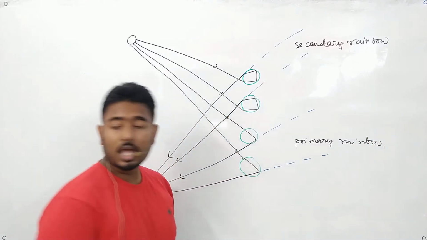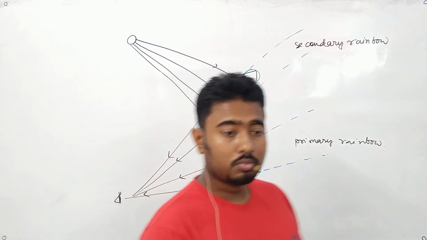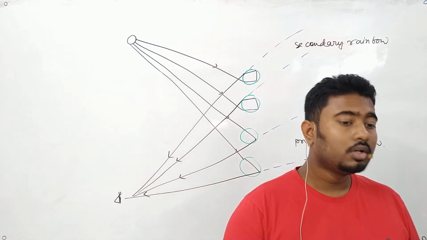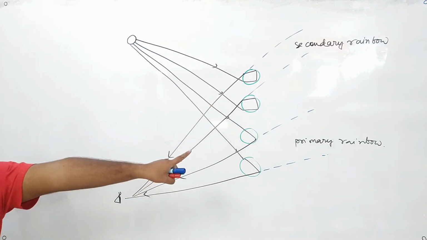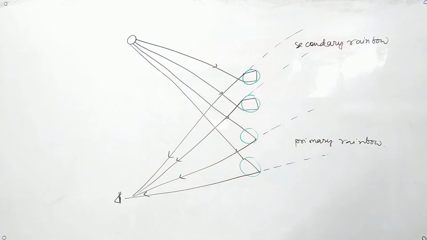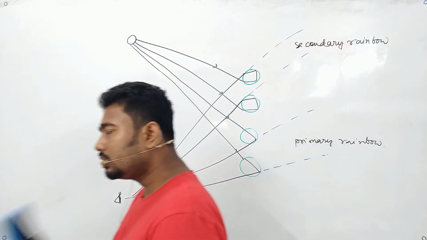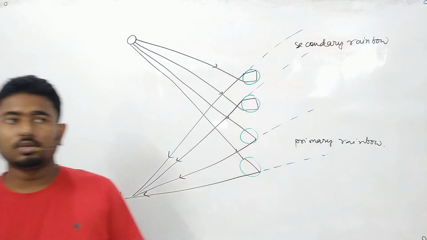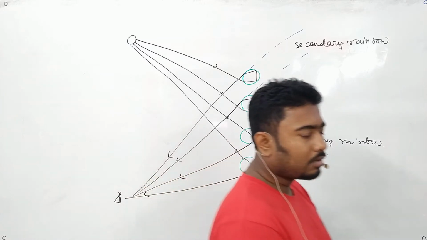So we don't see actually one rainbow. We see how many rainbows? We see two rainbows. How many? Two rainbows. Okay, so one is the secondary rainbow, another one is the primary rainbow. Okay, so we understood how a rainbow is formed. Have we ever noticed that we see a rainbow when we go near a waterfall? Have we seen a rainbow?